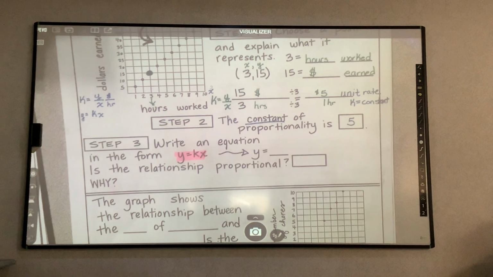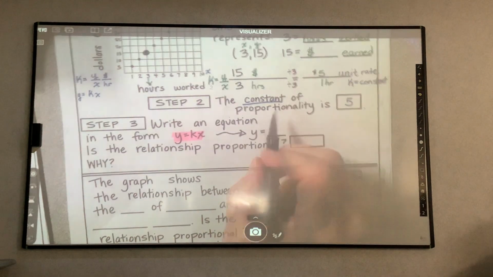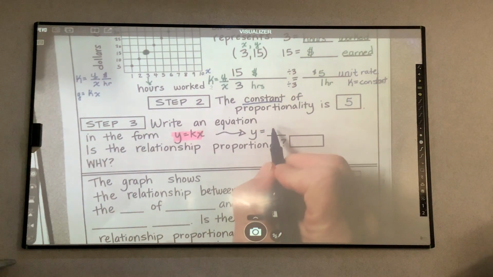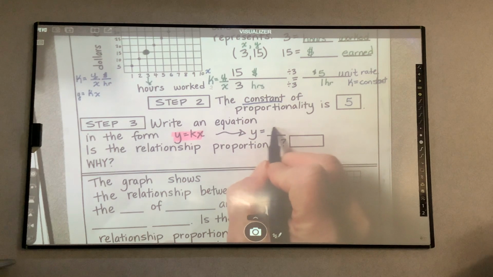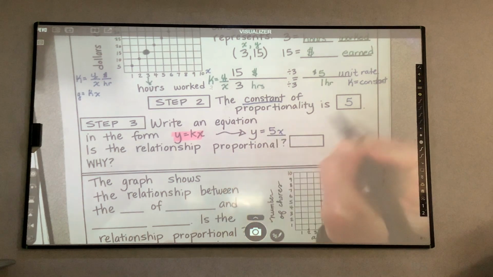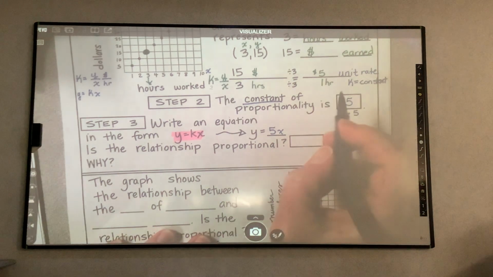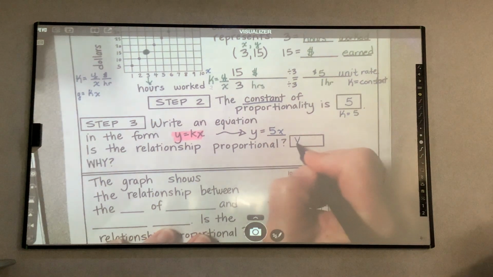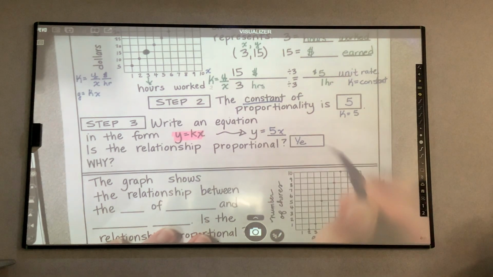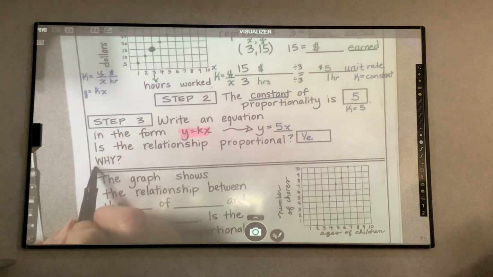So what does y equal? Right here, y equals what? 5 times x, because my k equals the 5. So is this relationship proportional? Yes. Because it has a constant. Good, so when I ask why,